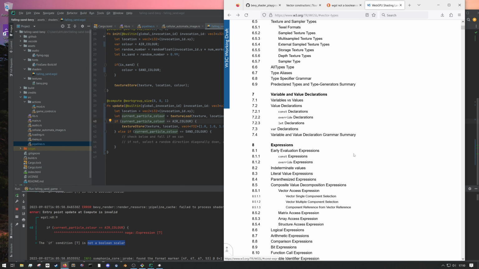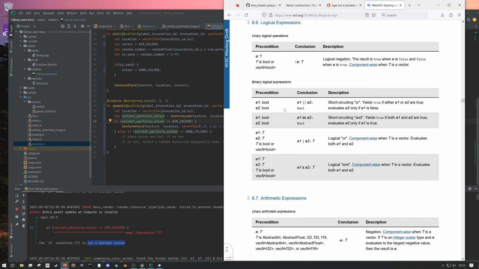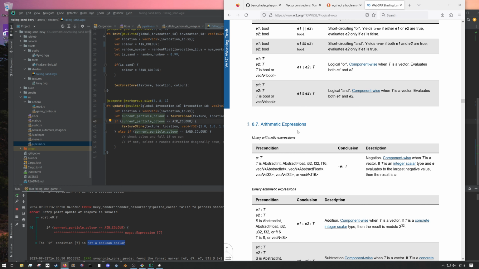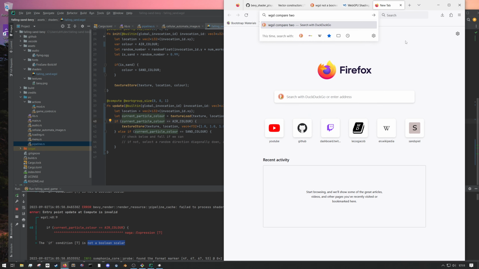Could we bitwise compare them? WGSL compare to